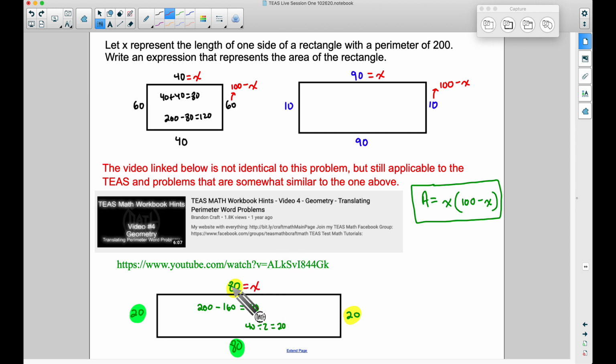But remember, if we have 80, if we take 100 and subtract 80, we get that 20. Well, that's the same thing as saying 100 minus X. Granted, we don't know what that number is. We can always take 100 and subtract whatever this number is to find that other missing side. And again, back to the area of a rectangle, we're going to take the length times the width. That's why I'm taking this X times that 100 minus X.